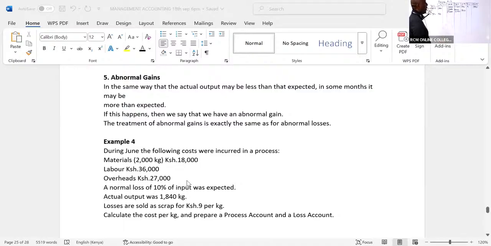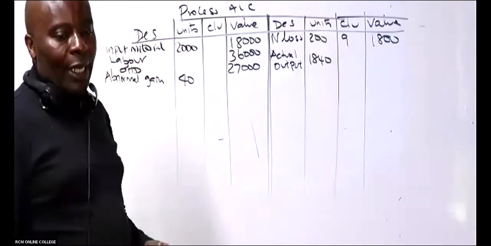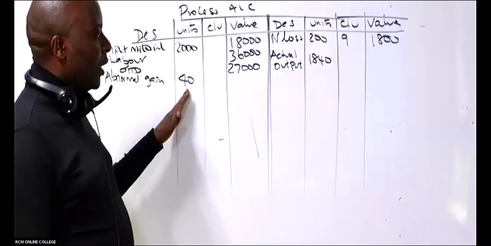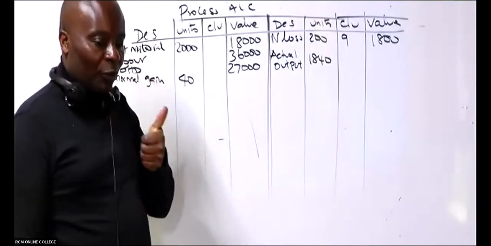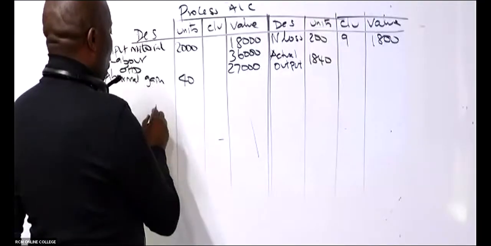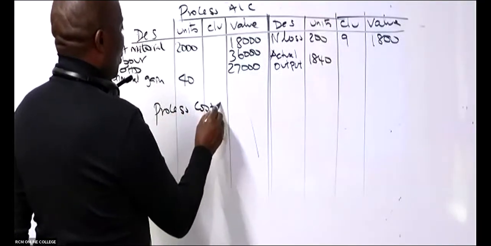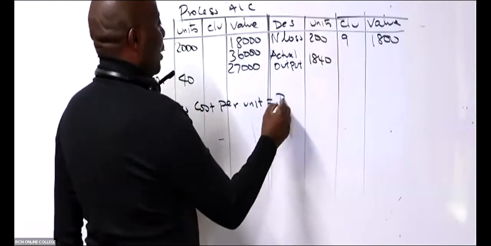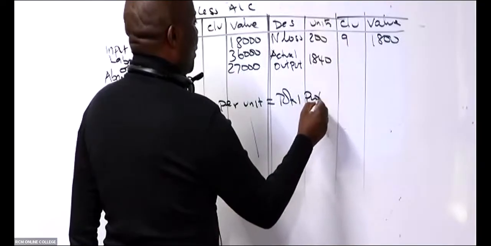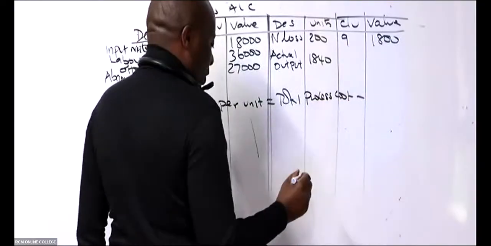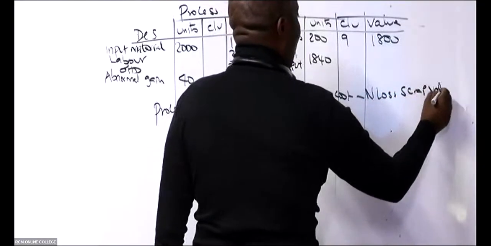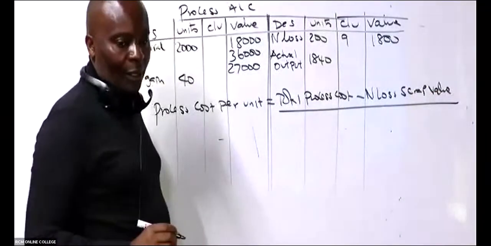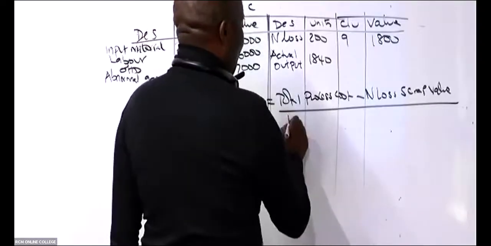So then I only have two things to value here. I would want a value for the normal gain. I would want a value for the actual output. So these two things, I'll have to use the process cost per unit formula. So process cost per unit equals total process cost minus normal loss scrap value all over input units